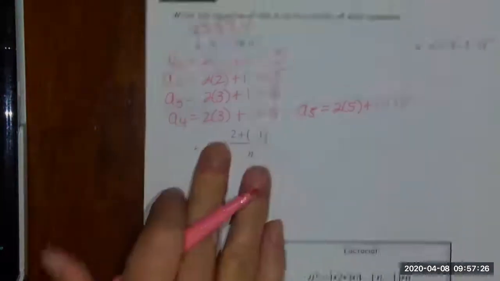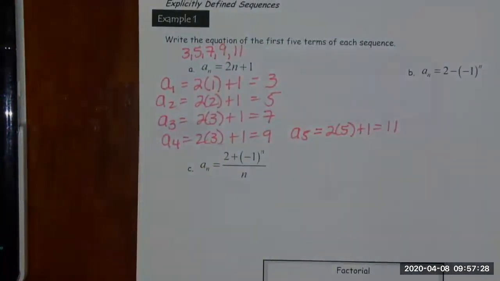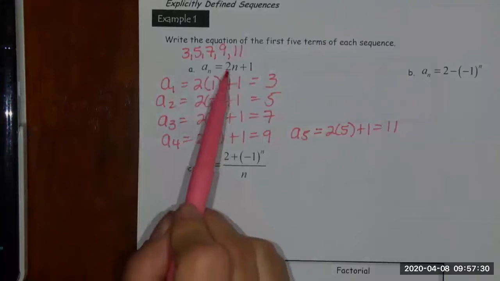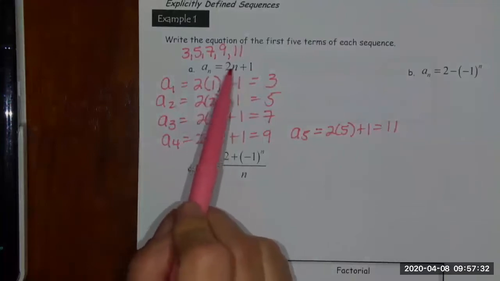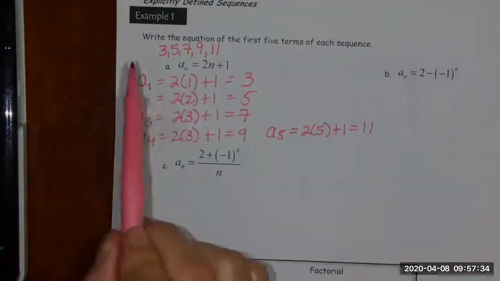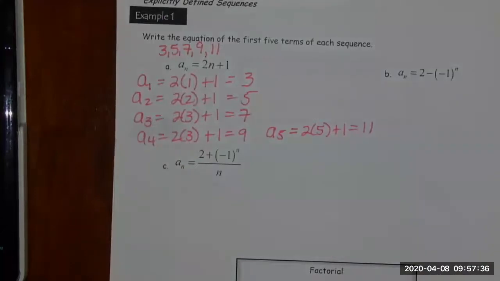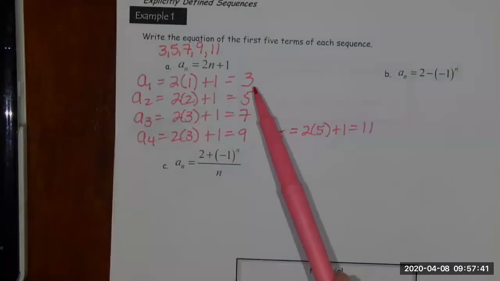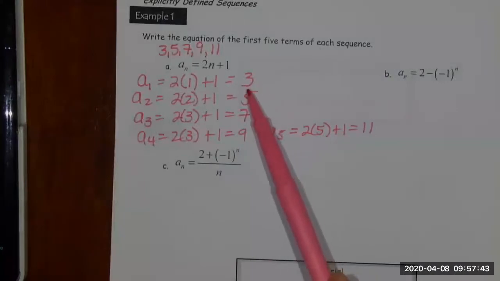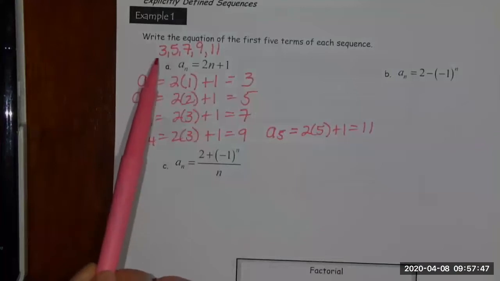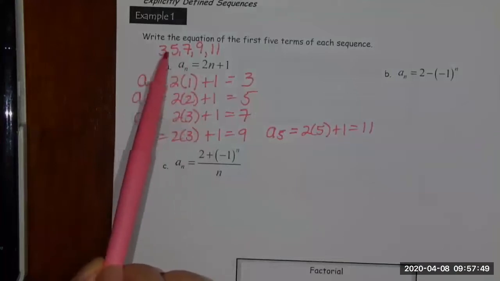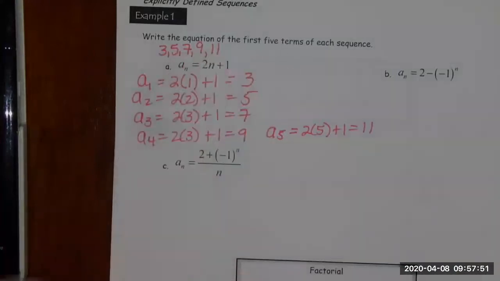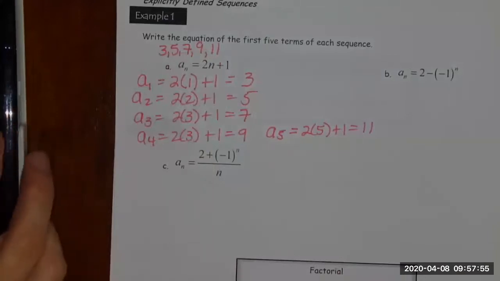Now I want to point something out that you may or may not have noticed. This is linear, right? Now they're not all linear, but this particular one is. So I don't know if you've noticed in the past, but when you have a linear, if you look at the order of numbers, they go up by the slope. So as soon as you find the first one, slope is 2: 3, 5, 7, 9, 11, 13. You could go on forever and it'd be very fast, right? The other thing that you could do